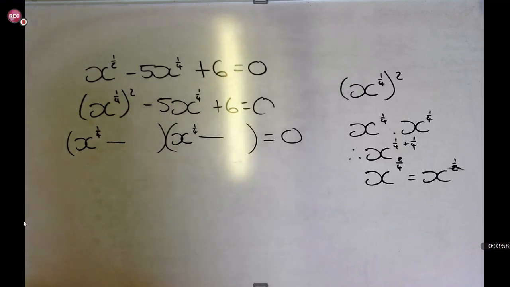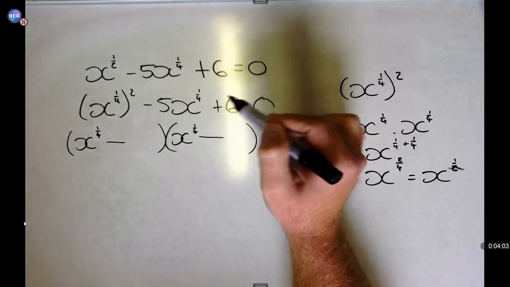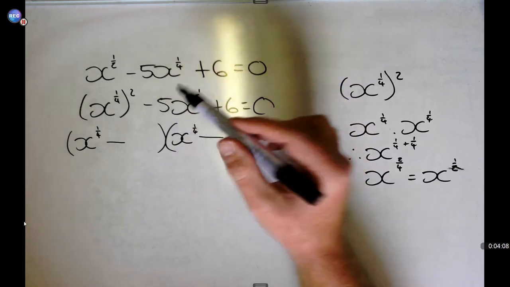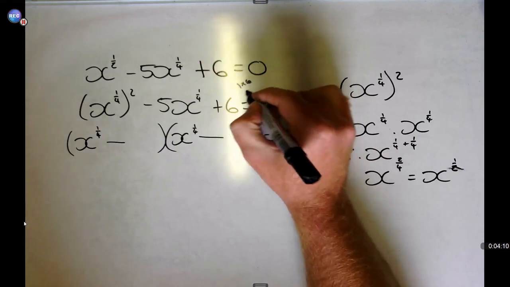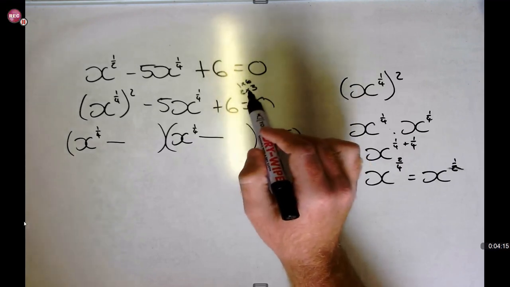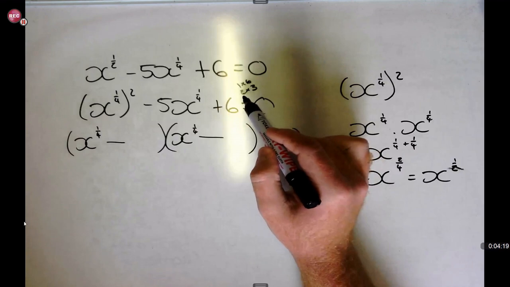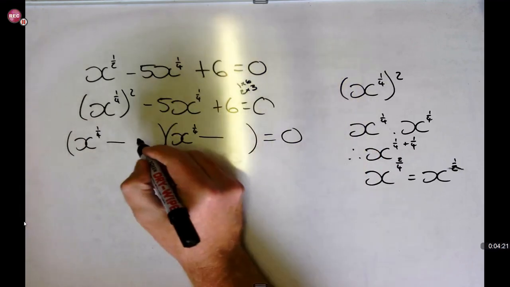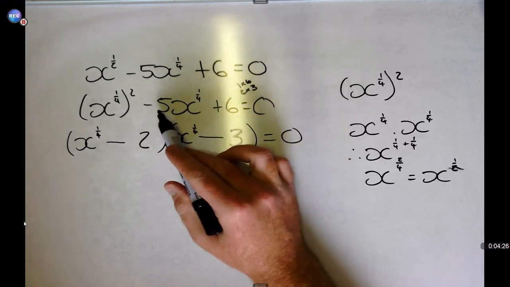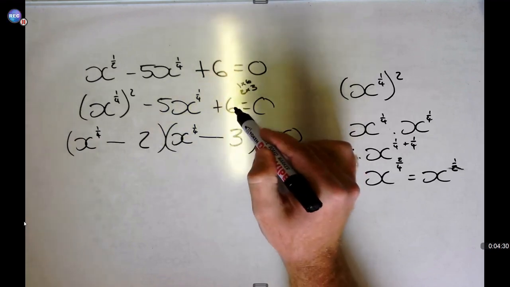And then what we'll do is, we now need to go and find the factors of 6, in order to get the 5. Okay, so that will be 1 times 6 and 2 times 3. Now, the pair of factors that I choose need to give me negative 5. Okay, and that would be 2 and 3. So negative 2 minus 3 gives me negative 5. A negative and a negative is a positive. 2 times 3 gives me 6.